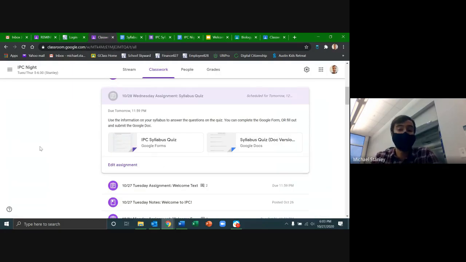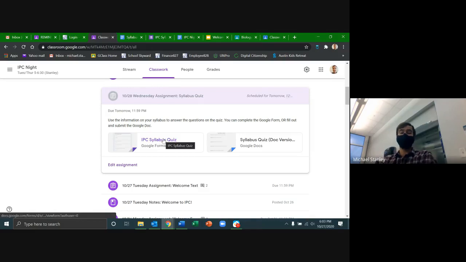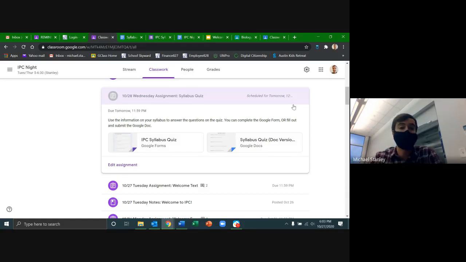So those are probably the two most common ways that people turned in their work last term. Especially people really like the Google Forms, which is also a little bit easier for me to keep track of as well. But if you prefer using the Google Docs and seeing the whole worksheet at once and writing everything out, that is totally fine as well. And don't forget that if you would rather just look at the questions, but then write down the answers by hand on your own paper, that is totally fine as well. All of those are totally valid ways of completing your work and getting it turned in.